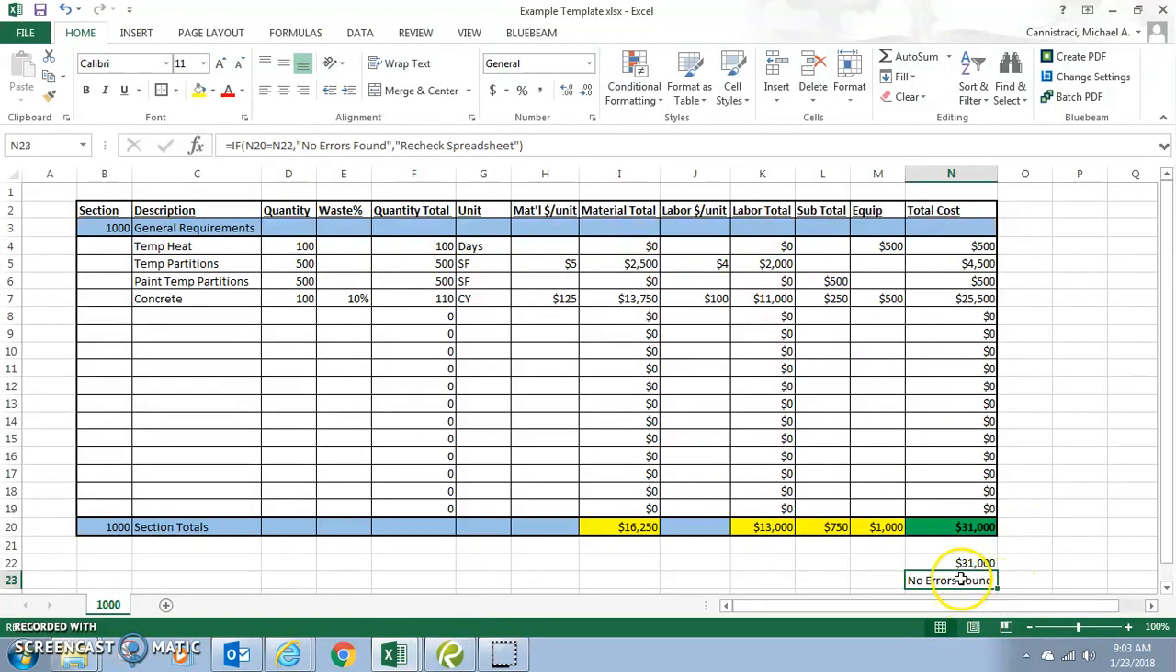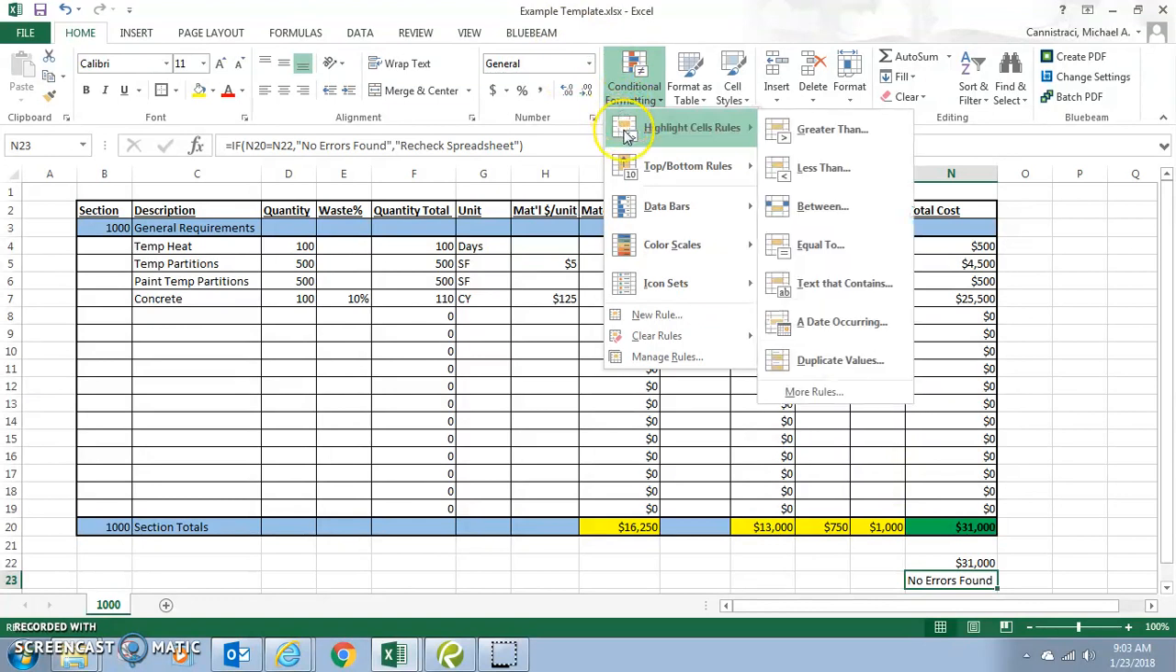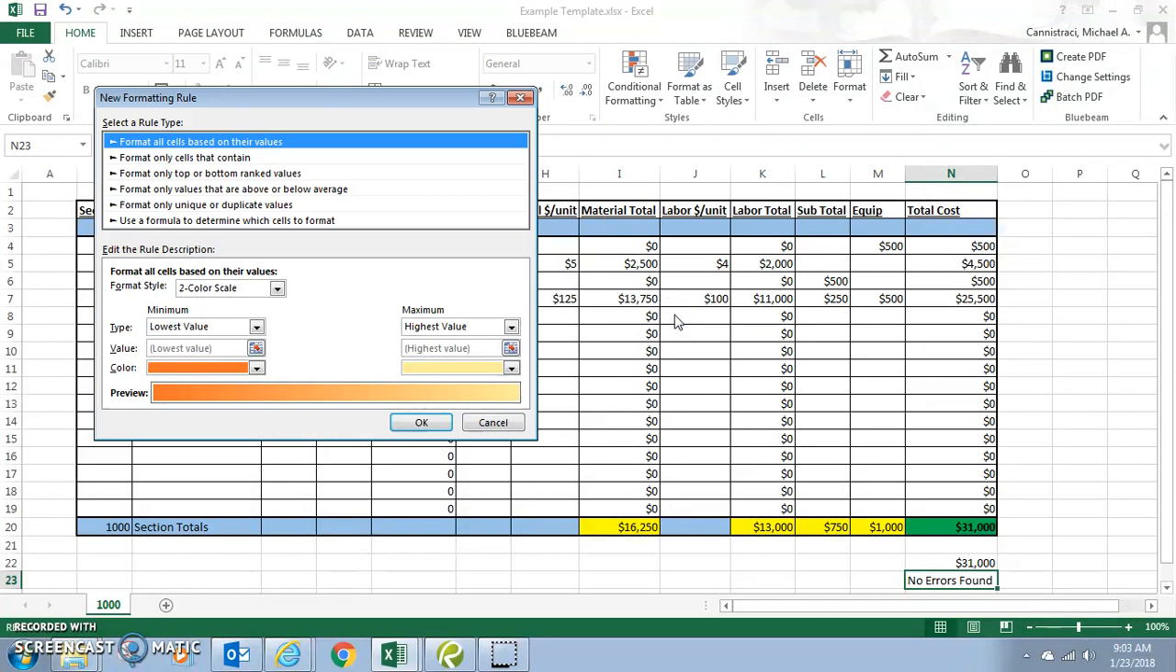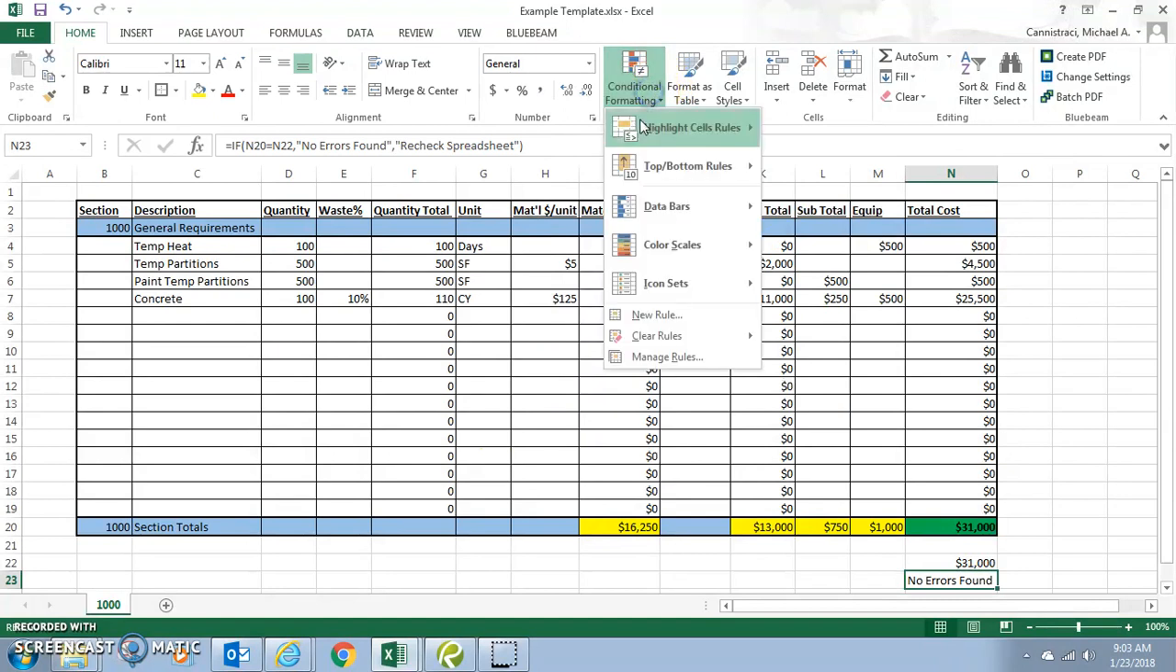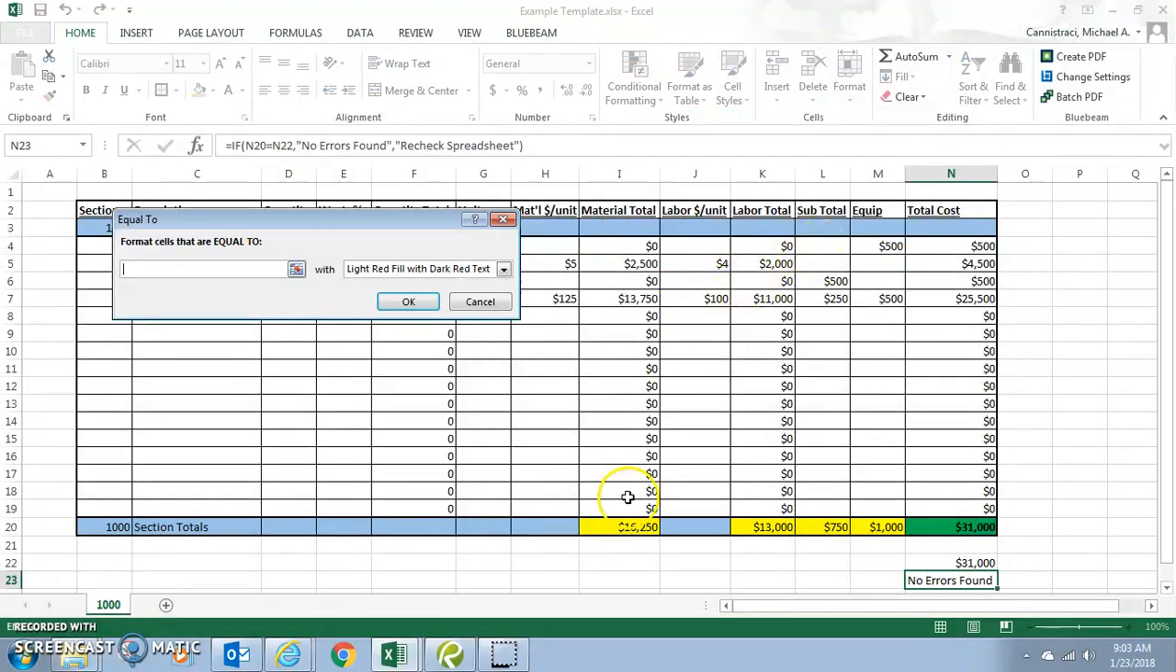So I'm going to take this, and I'm going to highlight my no errors found cell. I'm going to go into conditional formatting, and I'm going to say we're going to create a new rule. You can create new rules. You can go in through here, and there's all sorts of different sets. I'm just going to say highlight cell rules, equal to. So I'm going to say that for the cell that I've highlighted here, if this equals,